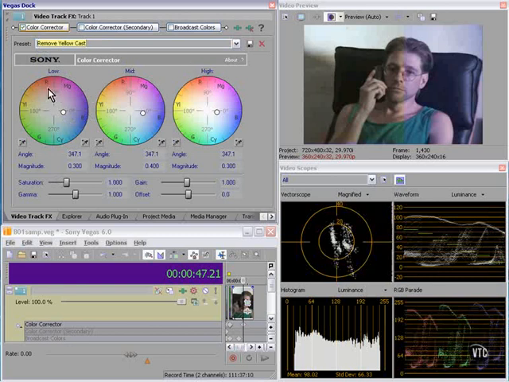The color wheel allows you to add colors to your image. The angle of the point determines which hue you are adding, and the distance from the center determines the saturation of that hue. So here we're adding a bluish, and we're varying the intensity of that blue with the saturation. A couple of different ways to do things. You can use a preset,